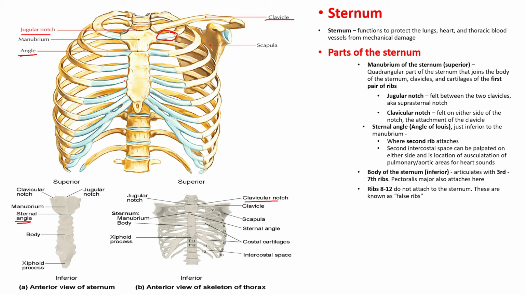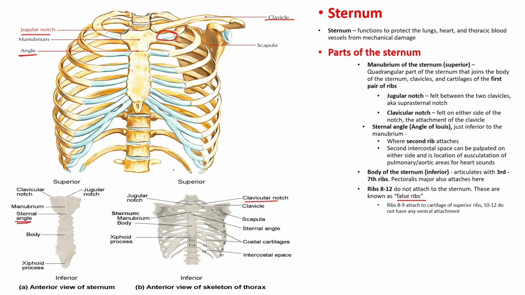Something important to note is that we have 12 pairs of ribs, but only the 1st through 7th pairs end up attaching to the sternum. So ribs 8 through 12 don't attach to the sternum, and that's why they're known as false ribs, because they don't actually attach to the sternum ventrally. So ribs 8 through 9 attach to the cartilage of the ribs that are superior, and 10 through 12 actually